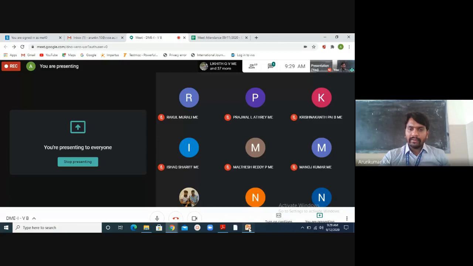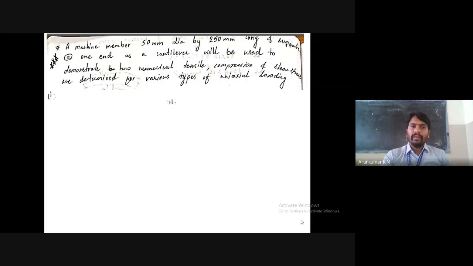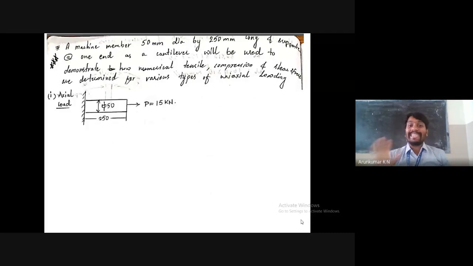Yeah, look at this. I will take a simple problem. The same data will remain the same for 6 cases. What I told: the first one is only axial, the second one is bending, then torsion, combination of axial and bending, bending and torsion, and axial and torsion. Lastly, all the three. Total 6 cases. So I will take the same data: diameter is same, length is same. I will explain how to solve if the different combinations of load are given.